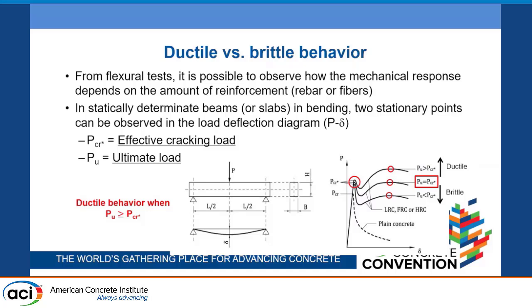And if you add reinforcement, you can see after the crack the softening, but you have also this local hardening stage, which reaches a maximum here, as you can see. But in this case, the maximum is lower than the cracking load. So we have to increase the reinforcement in order to increase this maximum and reach a situation in which the second peak, the ultimate load, is higher than the cracking load. This is, in general, the definition of the minimum reinforcement. So we have to provide a reinforcement in order to have these 2 points